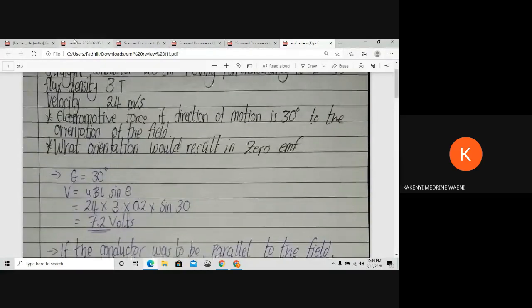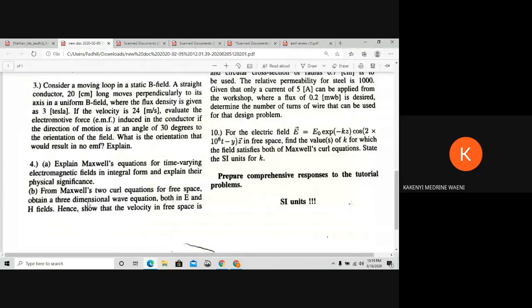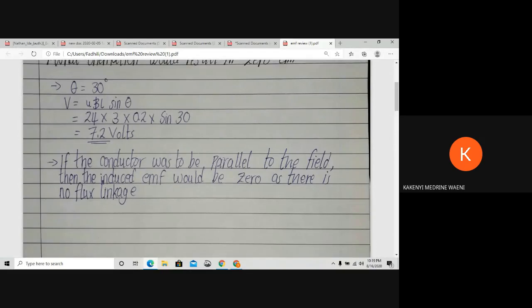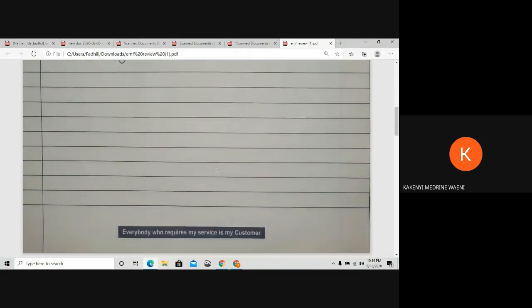Then, what is the orientation that will result in no EMF? So if the conductor was to be placed parallel to the field where theta will be 0, then the induced EMF will be 0 as there is no flux linkage. Yes, that's number 3. Then number 4